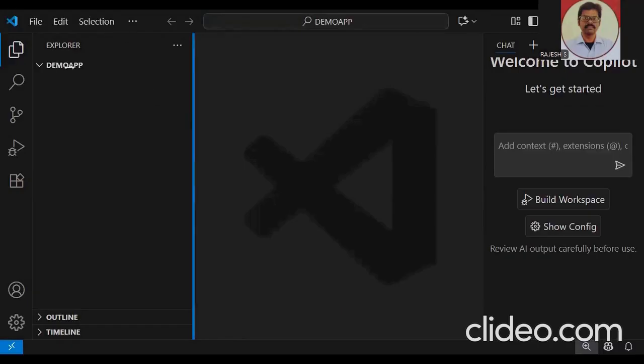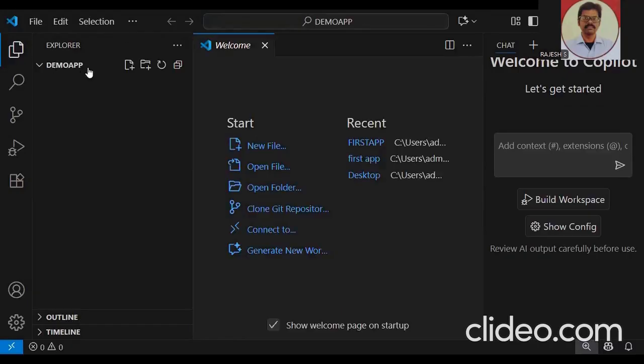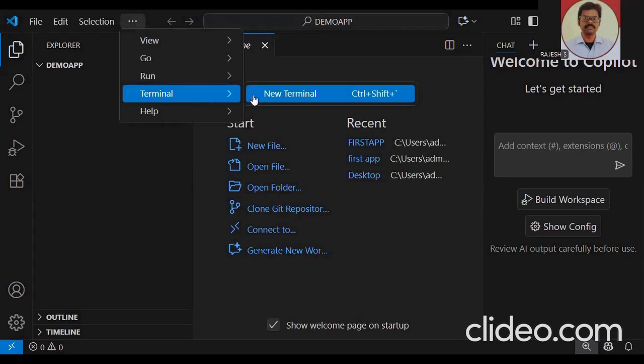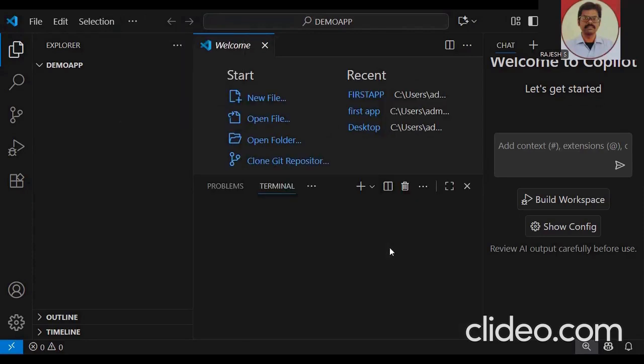Now see the demo app here. Now go to terminal, new terminal. Go to terminal and select a new terminal. So here we'll type the commands. The first command